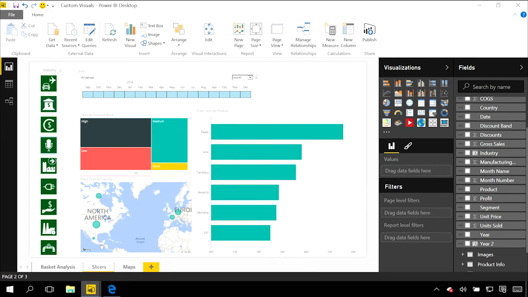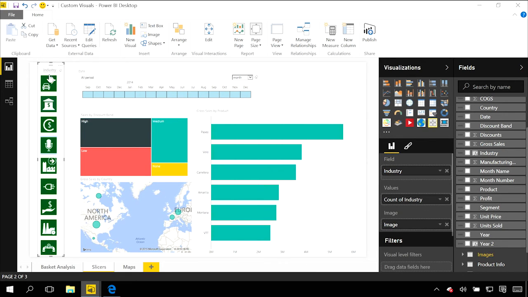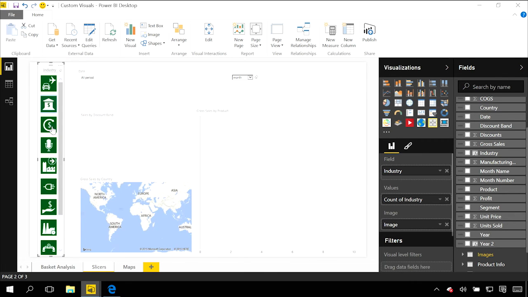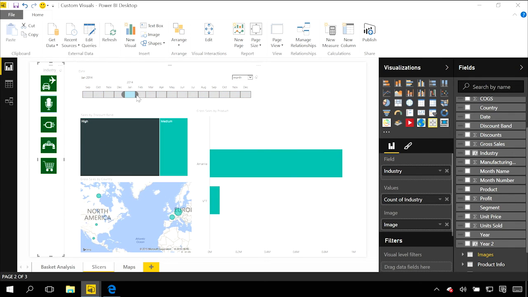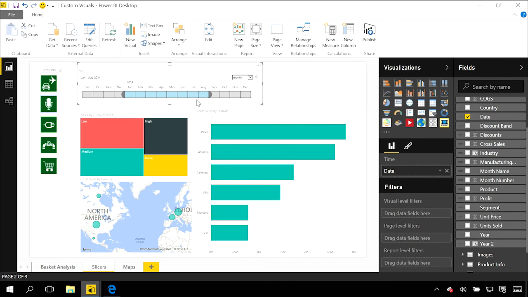We've also seen people create some really innovative slicers. For example, this down the left-hand side here, this is called a chiclet slicer. Each of these little images can be dropped in and used to slice the other data that's available here on my charts. Up across the top, we've got a timeline slicer. I've dropped a date field in here, and I can go in and select individual date periods or drag to create a date range to easily identify particular time periods that I want to analyze.